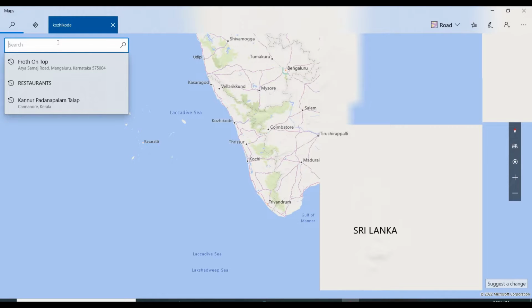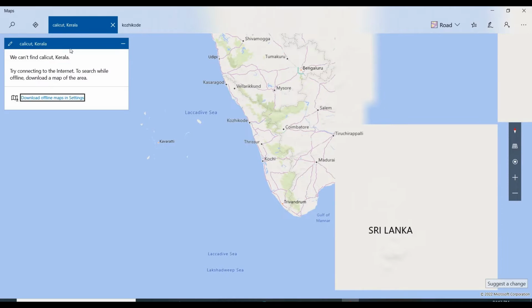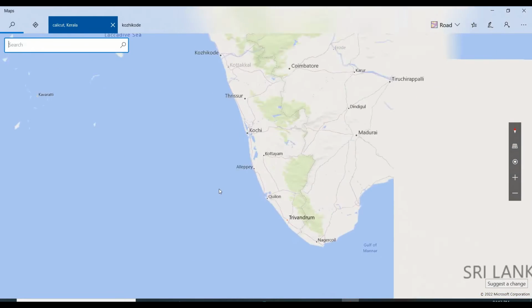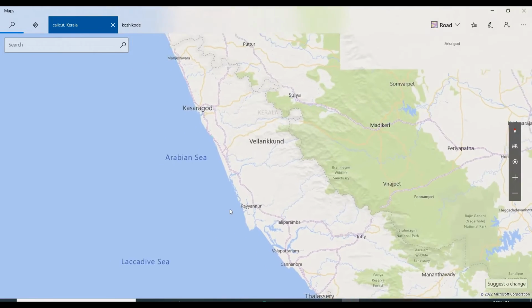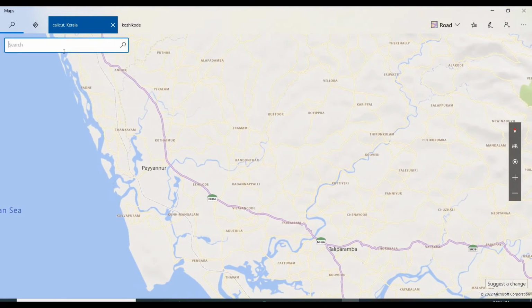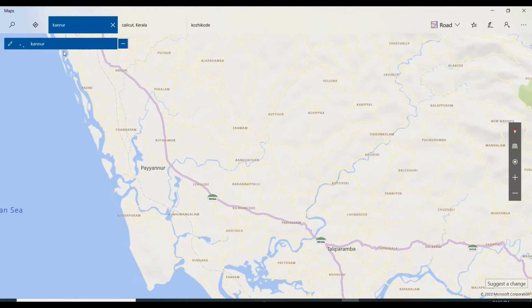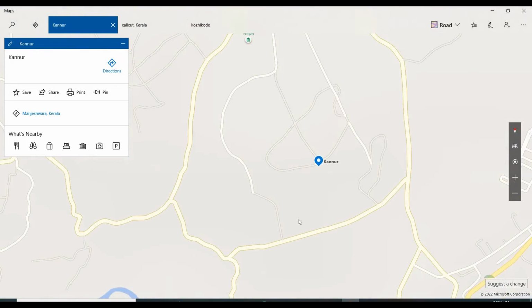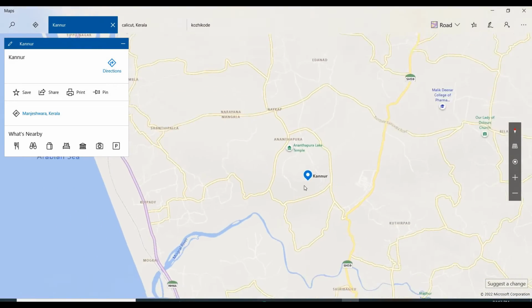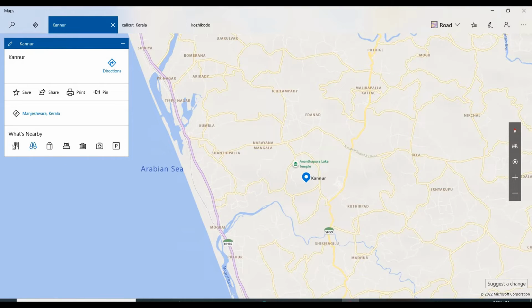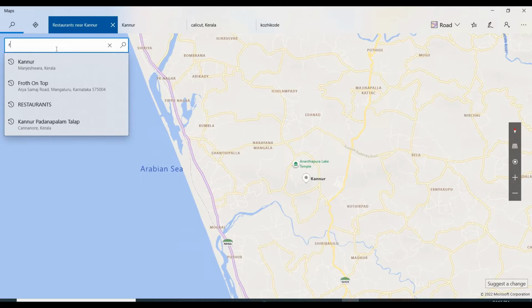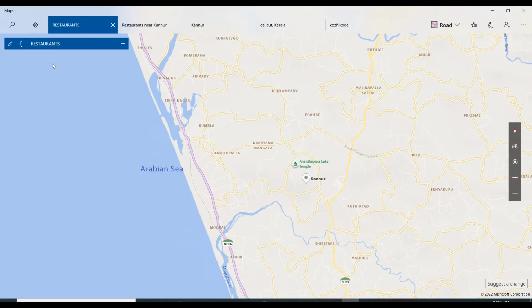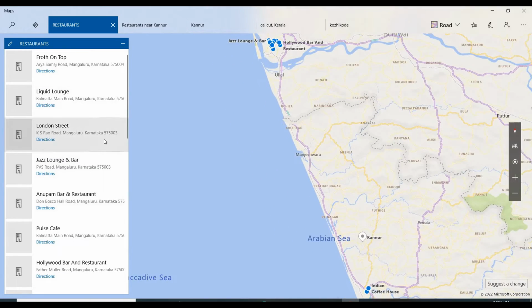So let me search for, so one second, let me go here and search. Yeah, if I search for, say, Kannur, I see it is coming up. Now if I search for nearby restaurants, it should come up, because even though it's in offline mode, you see all these things came up